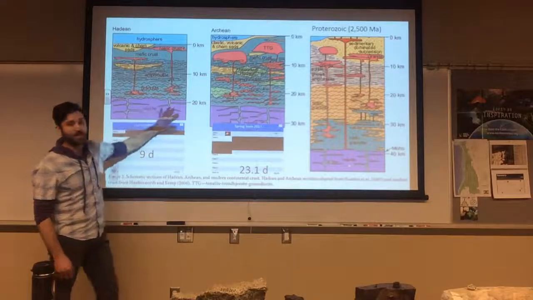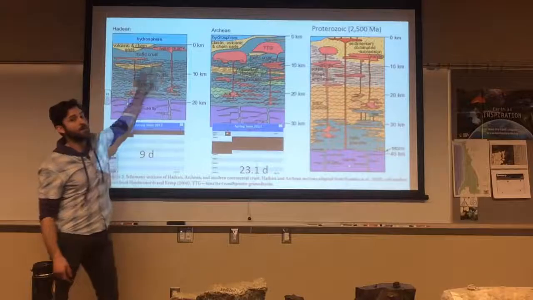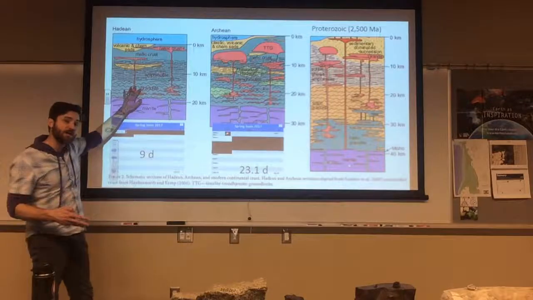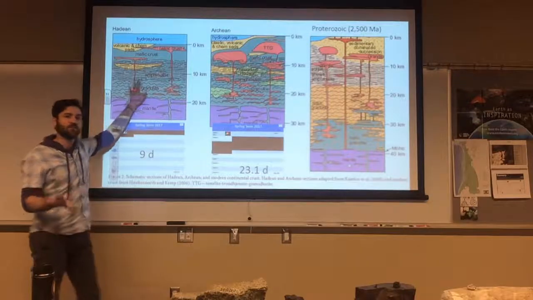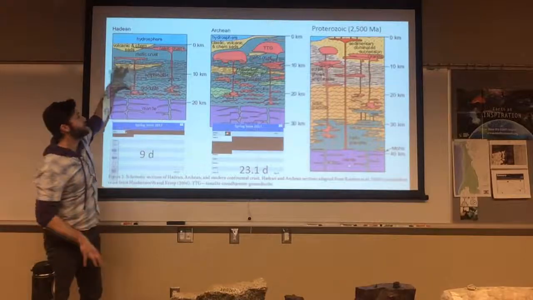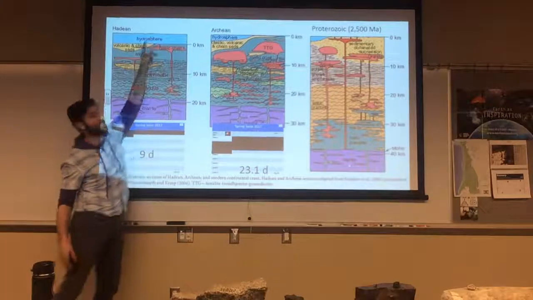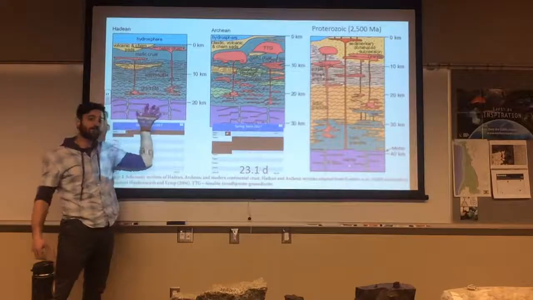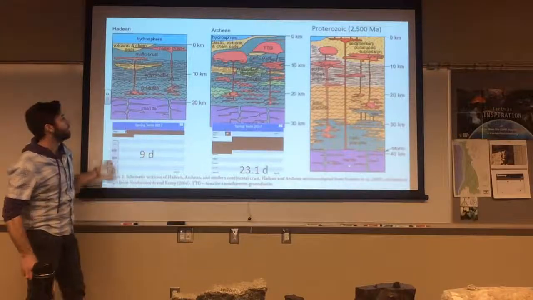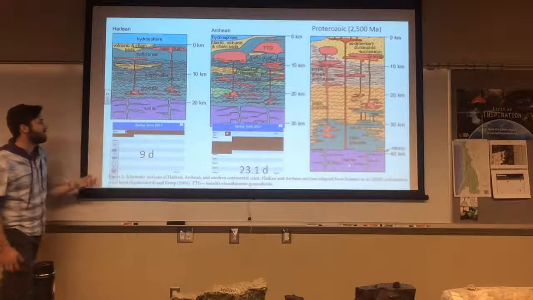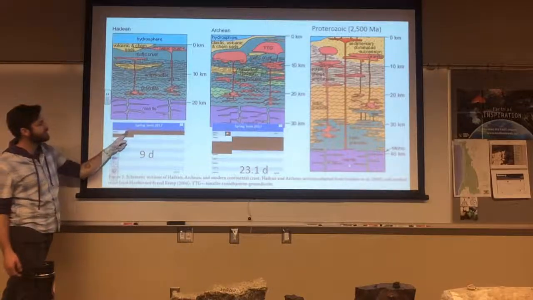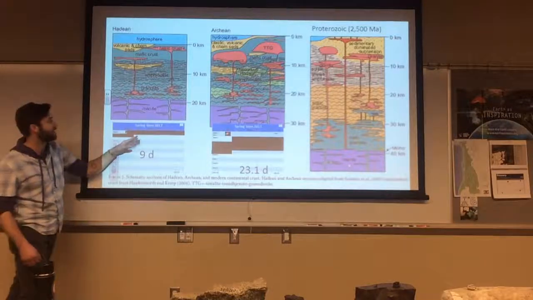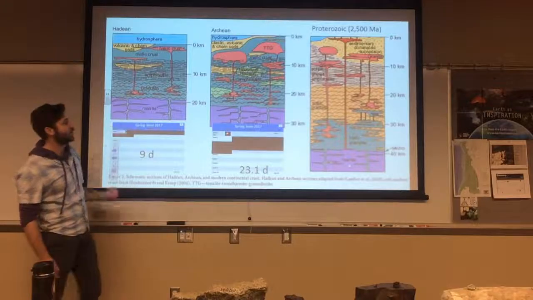Okay, the point here is we have very thin mafic crust in the Hadean. Mafic rocks made of magnesium and iron are slightly better conductors of heat and electricity than the granites, right? So even this thin crust, with the cold vacuum of space and the hot interior of the Earth, isn't a whole lot to go through. So the Earth is very likely leaking out heat pretty rapidly through this time. Now, the Hadean time period takes up the first 9 days of our geologic time calendar. So I've blocked those days out here, which you can think of as the development of oceanic crust.